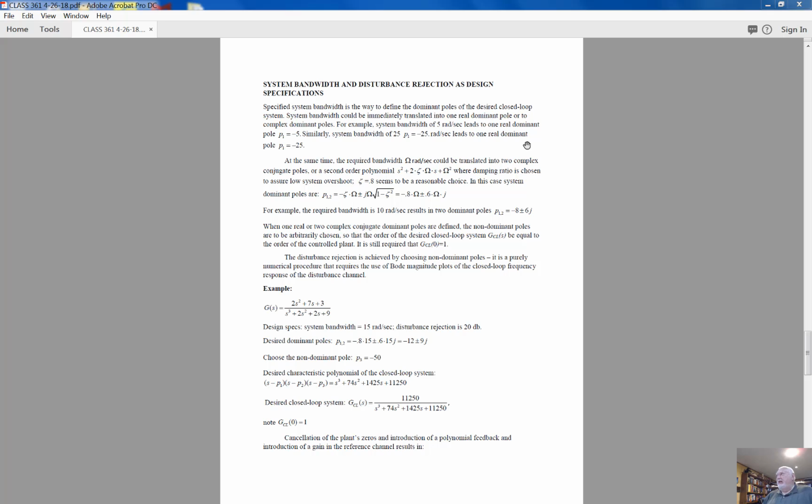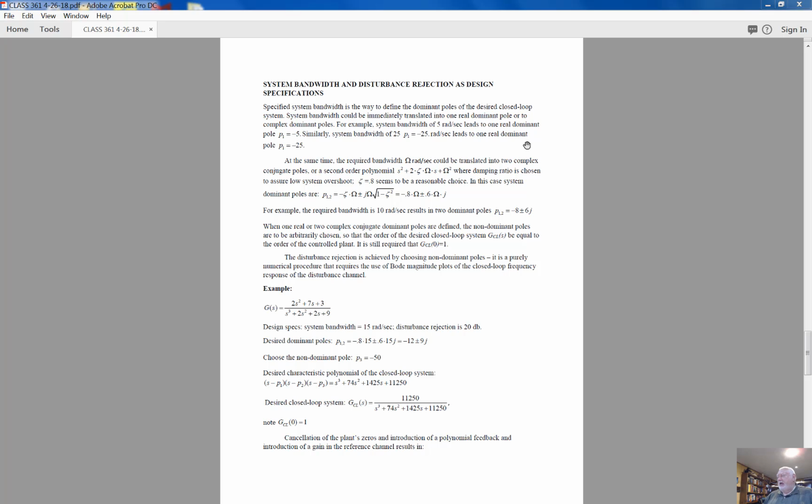That means only one thing, that you have to choose one real dominant pole equal to -25. Why? Because by choosing these dominant poles, we're forcing our system to behave exactly as a first order system with the pole of -25 or -5 that has, with appropriate choice of constant gain, the bandwidth that was